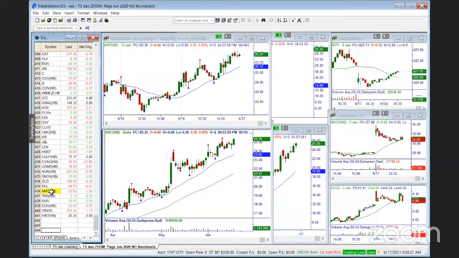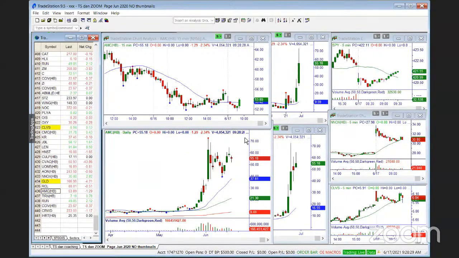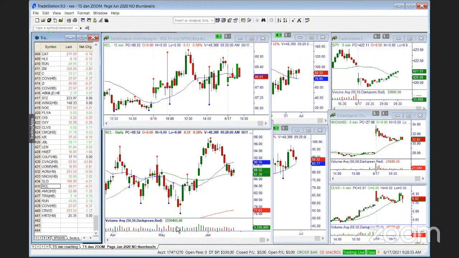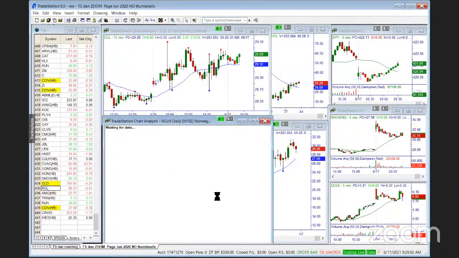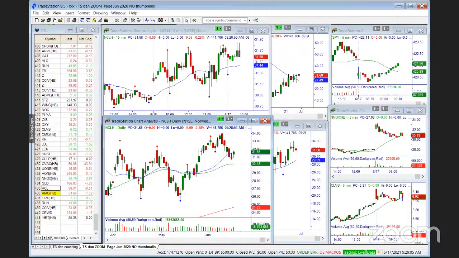AMC. It's for one DTE, $75 call. I like RCL. I read in the paper they had their first cruise set for July 3rd, ahead of the holiday, obviously. And the paper said 7 or 8 of their crew got corona, so they're postponing it to the end of July. But this is a deep retracement. This is exactly where it should turn. So that's worth watching. The other cruise ships, they're all trying to make the turn right here.